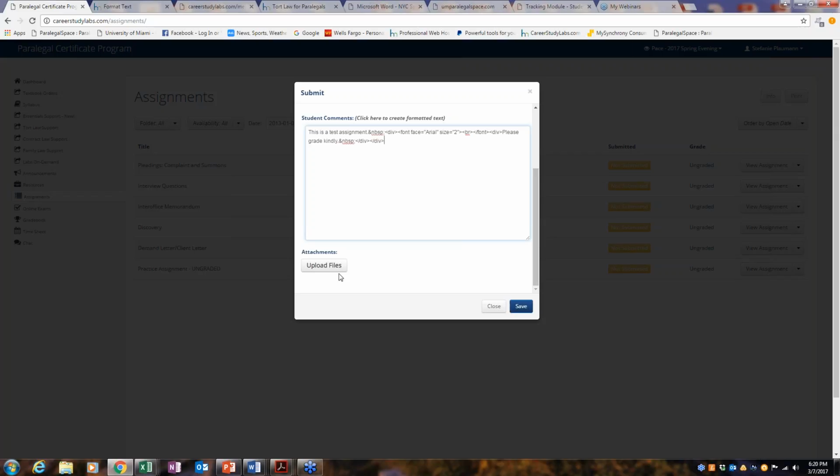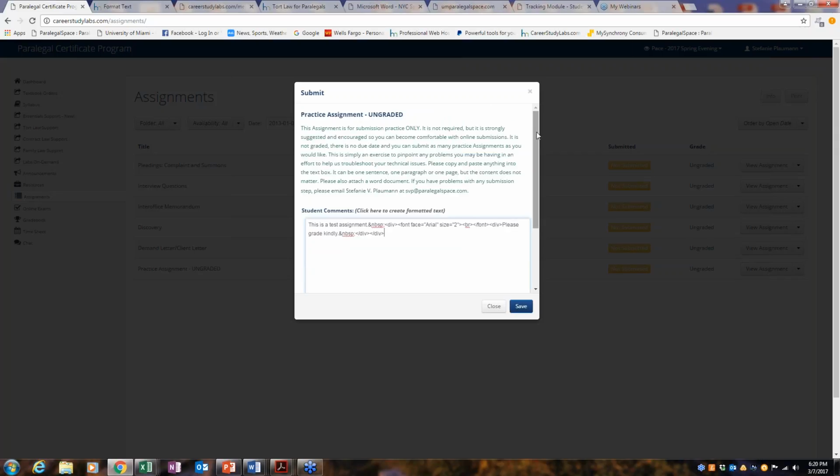If you do not see this Upload Files tab, you may also want to switch the resolution of your computer. It may just be that this box is a little bit too big on your end and you just can't see that particular tab. Please do give this a try at least once. If you have any issues, let me know, and I am more than happy to troubleshoot with you. Certainly we want to make sure you are comfortable with online submissions and you don't have any problems submitting your work, especially when you are submitting it, sometimes this happens, 5 minutes before it's due